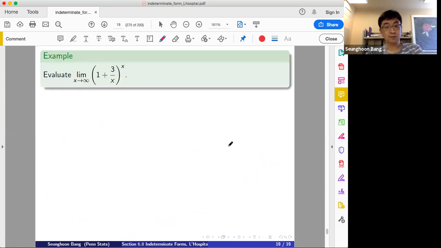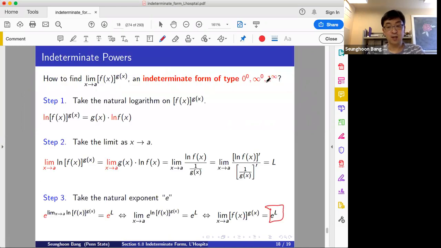So let me see this problem. As the x value approaches infinity, what happens? The 3 over x is going to 0, so the base is exactly 1, and the exponent x is going to infinity. So we have the 1 to infinity form. Going back, yes, 1 to infinity form. I can follow 3